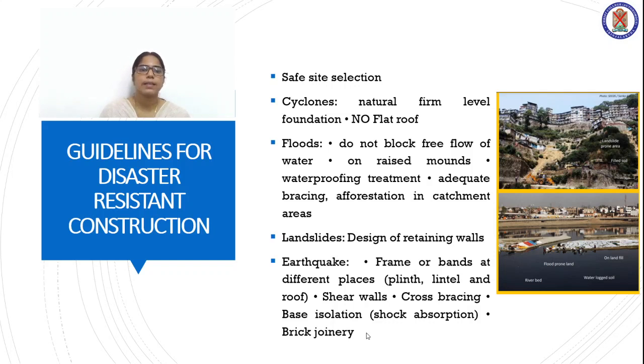For safe site selection, a few points should be kept in mind. That is, a safe site is away from landslides, steep slopes, falling blocks, loose soil and polluted water. One should avoid sites near these prone areas, and choose well drained areas to avoid the risk of waterlogging